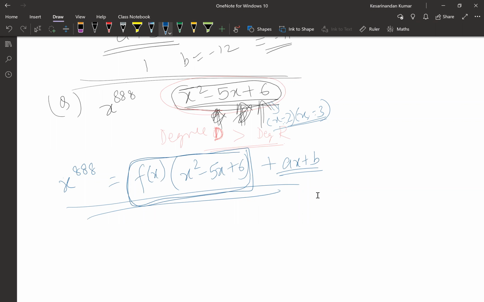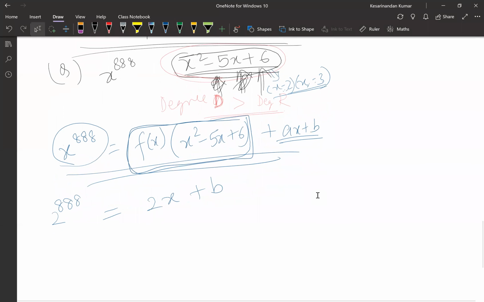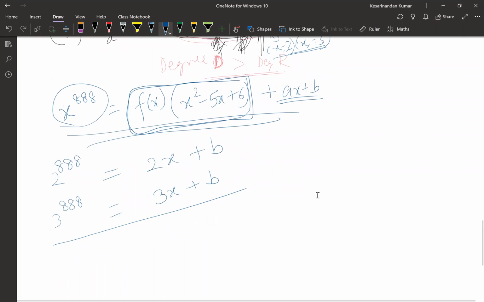This will become 0. And what I will be left with here is, if I put x is 2, this is 2 raised to 888 is equal to 2a plus b. Also, if I put x is equal to 3, this will be 3 raised to 888 is equal to 3a plus b. Now, if I subtract this,